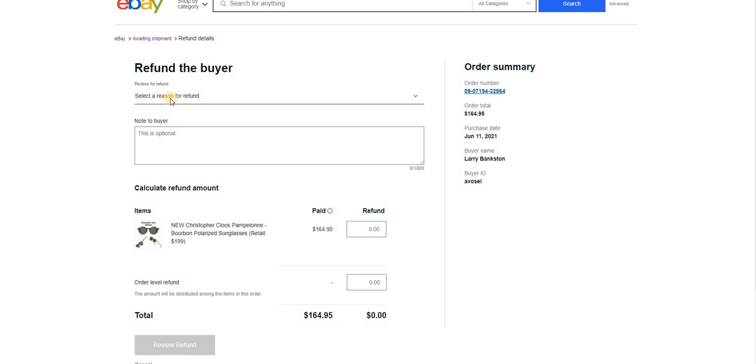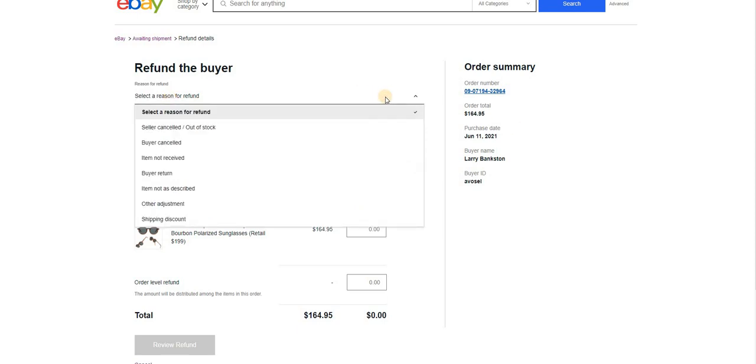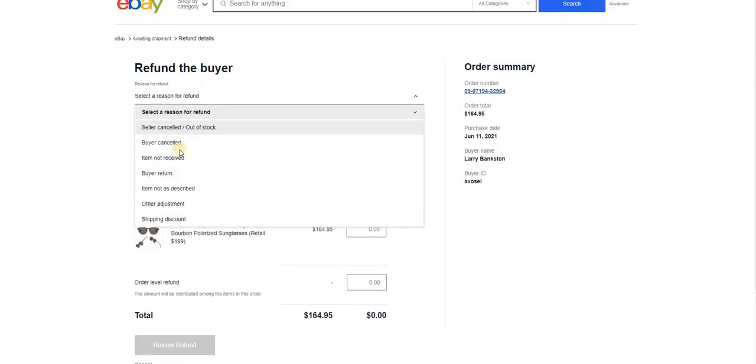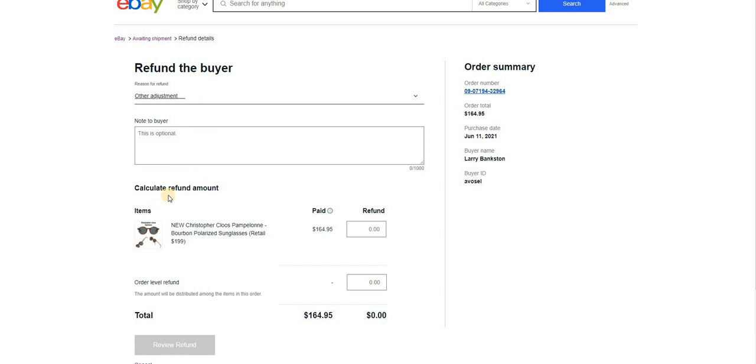Refund the buyer. Okay, on the bottom over here you do need to select the option, otherwise you won't be able to continue with that. You need to select the right reason. I don't know, let's do buyer return or other adjustment. Other adjustment is good. The note to the buyer is personal, you don't have to do it,